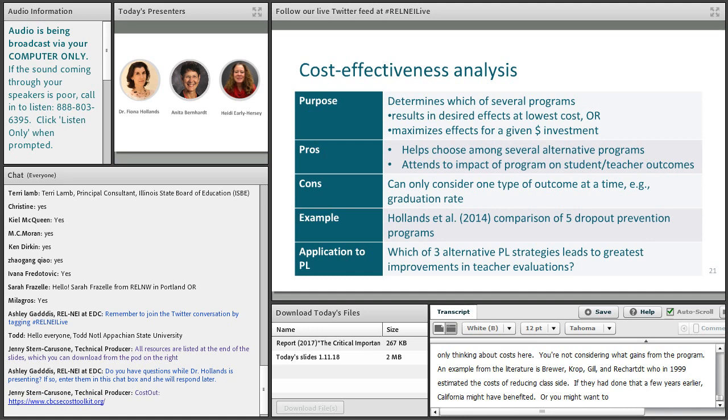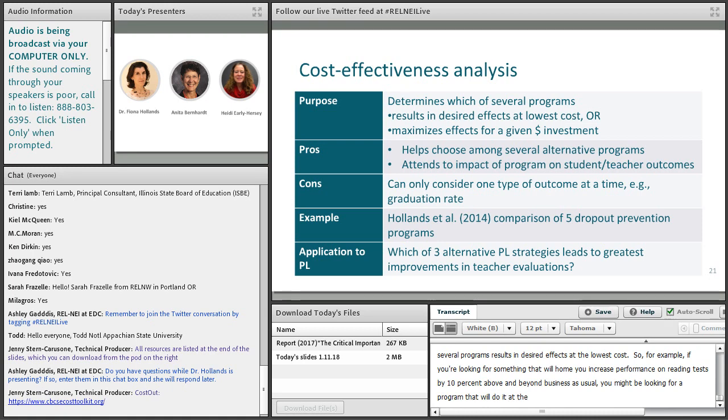Next, we're going to move on to cost effectiveness analysis. The purpose of cost effectiveness analysis is to compare programs, so it can help you determine which of several programs results in desired effects at the lowest cost. So for example, if you're looking for something that will help you increase performance on reading tests by 10% above and beyond business as usual, you might be looking for a program that will do it that's at the least